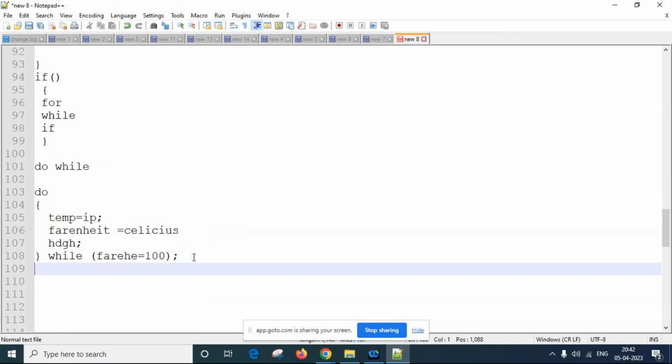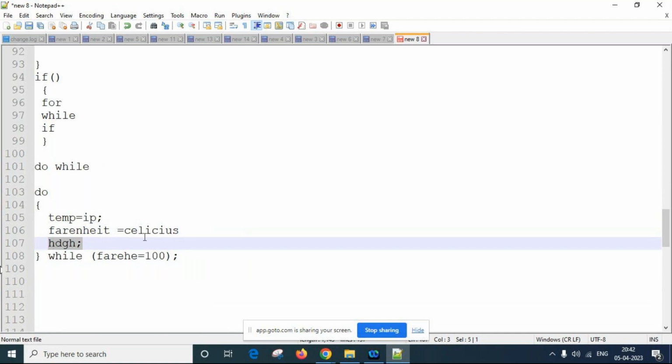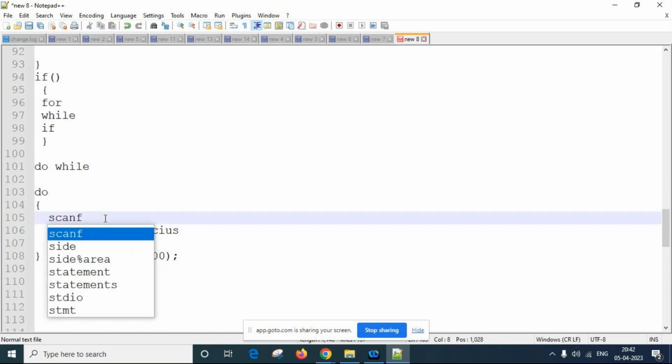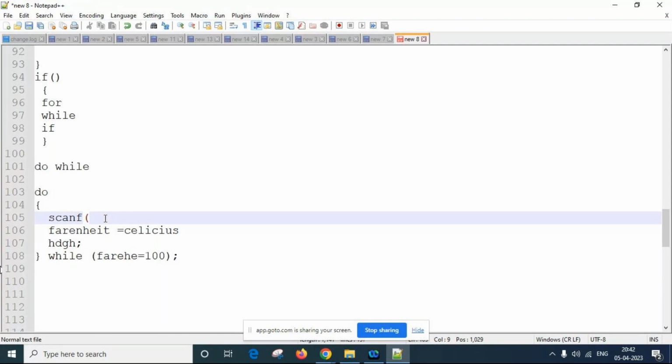Otherwise, like one number to another number, we can have conditions like this. If he wants to enter, here we have done temperature, scanf, feed the value for conversion.